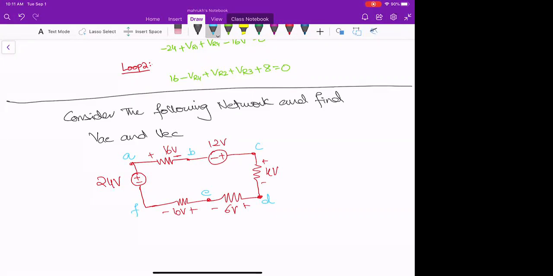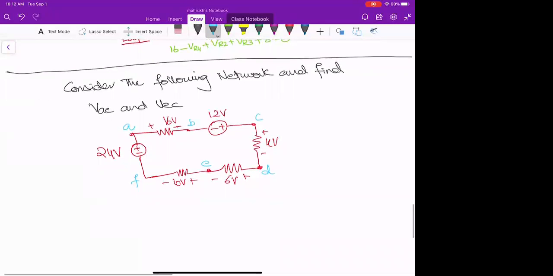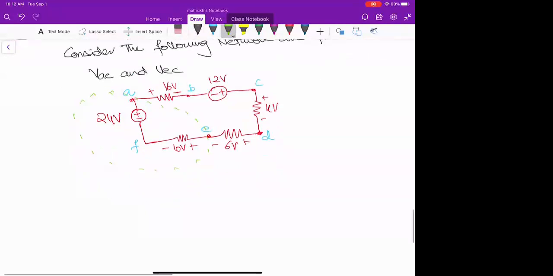Okay, so there are two types of voltages that we have to find. We will go step by step. One is VAE. VAE has two parts. If we think about the voltage, the two points between which we have to find the voltage, it involves 10 volts and 24 volts or the rest of the circuit, right? So to find VAE, what I will do,